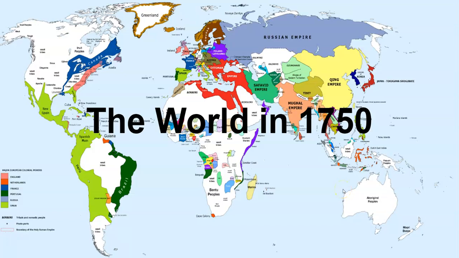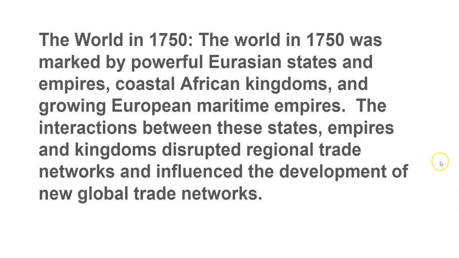Okay, we're going to be starting off with our first video in the unit, The World in 1750. I'm going to start with just a quick overview of the unit. The world in 1750 was marked by powerful Eurasian states, empires, coastal African kingdoms, and growing European maritime empires. The interactions between these states and empires and kingdoms disrupted regional trade networks and influenced the development of new global